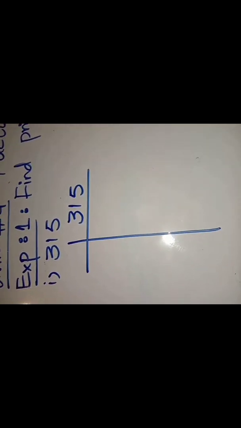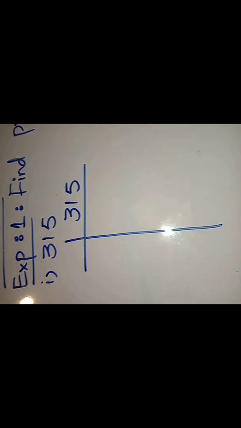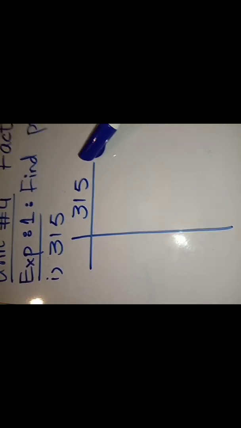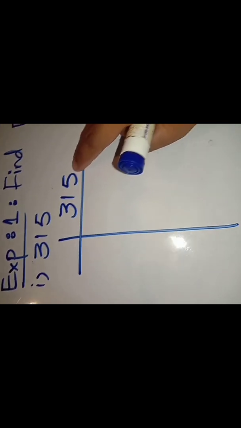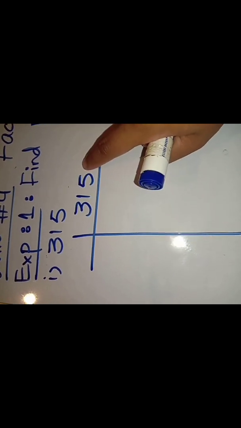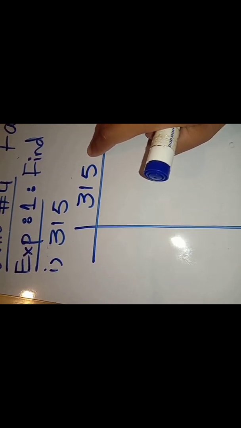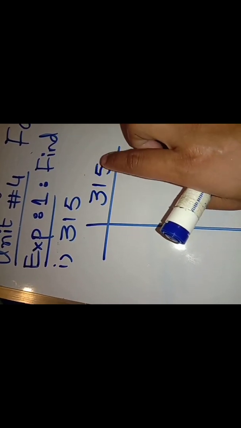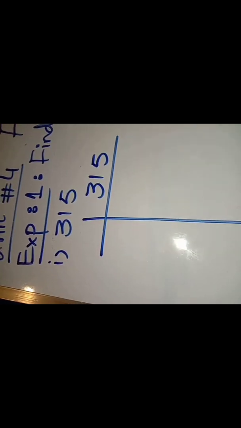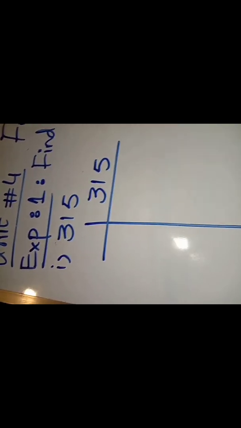Now moving towards example 1 from page number 46. Find the prime factors of 315 and 2304. We have to find prime factors over there. We must start with the smallest number, which is 2. First of all, we have to check whether it is divisible by 2 or not. The last digit is 5. 5 is not divisible by 2, so the whole number will not be divisible by 2. So we will go towards 3. Add all the digits. 3 plus 1, 4. 4 plus 5, 9. 9 is divisible by 3, so the whole number will be divisible by 3.